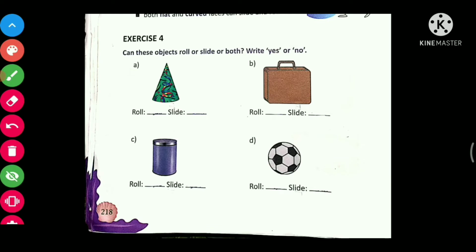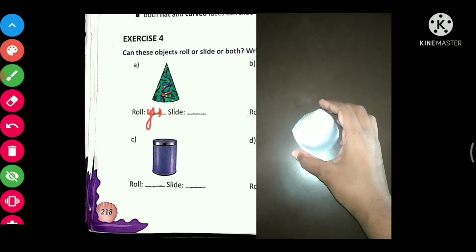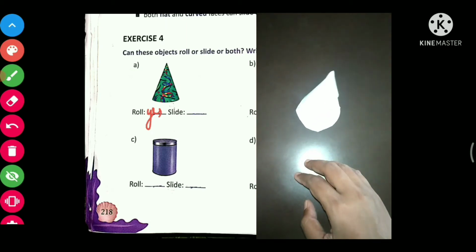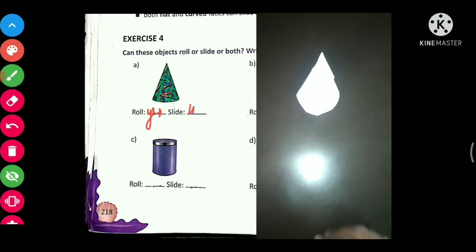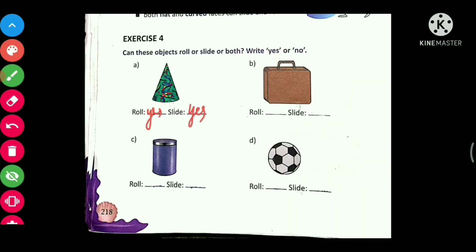So we'll write yes here. Now this cone, will it slide? Can we slide this one? Yes, it can also slide.